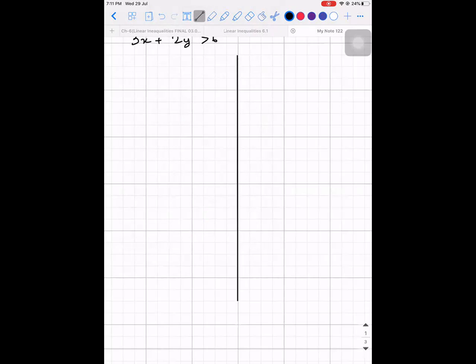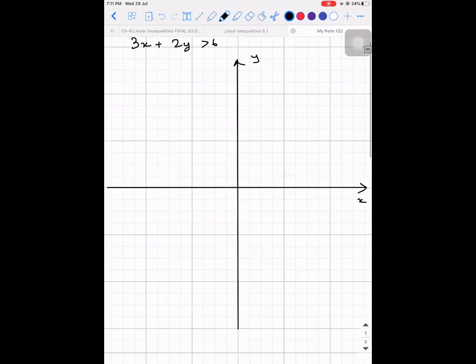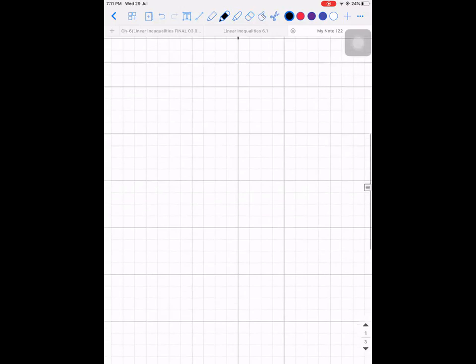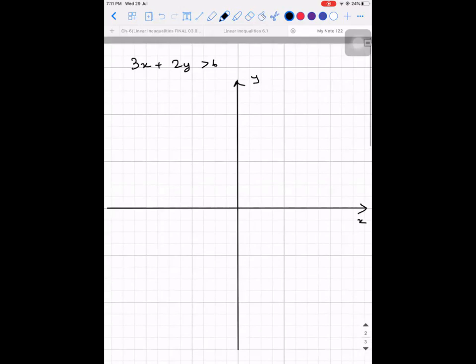So y axis. So this is how you need to plot. See, for this chapter, you need to use a graph sheet. Okay, this x and y. So what did I say? You will be given only one linear inequality. You need to find all the possible values of x and y. Okay. So there are two types of questions that you can get. One is 3x plus y is greater than or equal to 6, or you might get 3x plus 2y greater than or equal to 6. So observe what is the difference. Here it is strict.